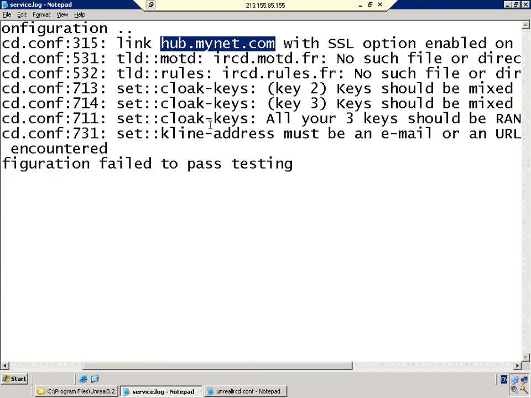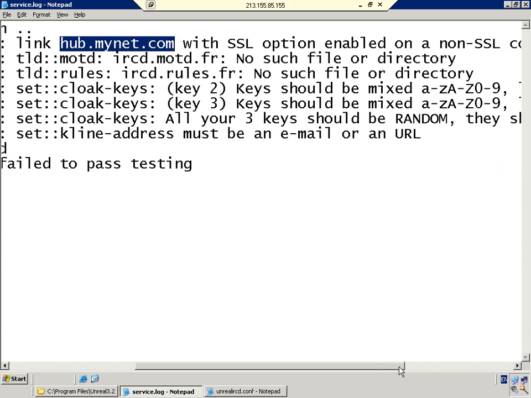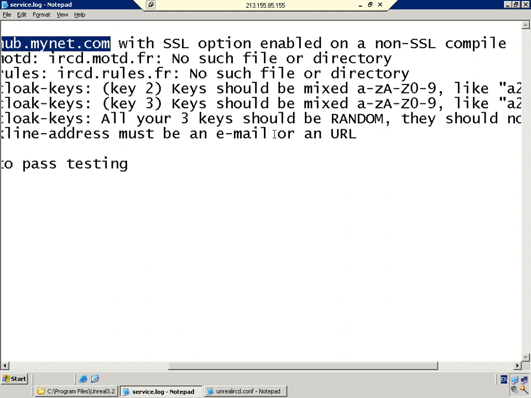So let's have a look at the next problem. Right, the next problem is we're missing two files, so we'll come back to them in a minute. Right, the problem after that is the cloak keys. Now it basically is trying to tell us that we're missing cloak key 2 and we're missing cloak key 3. More importantly, it's also trying to tell us that these should be mixed up